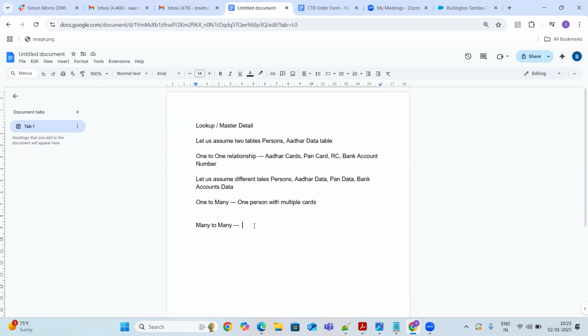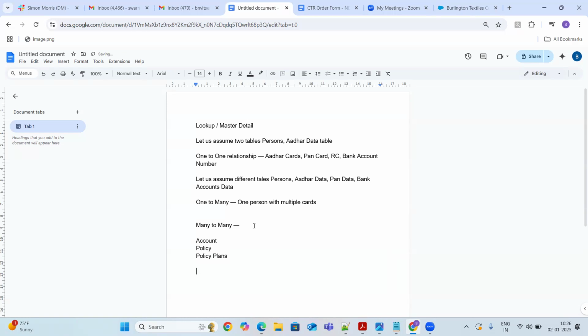So we have policy plans. We have three main tables in our case: accounts, policy, and policy plans.